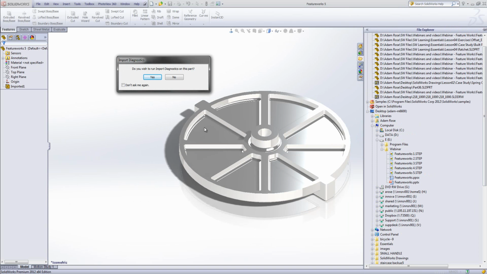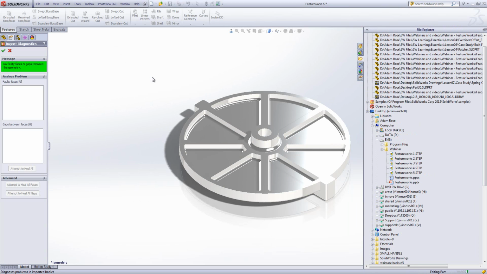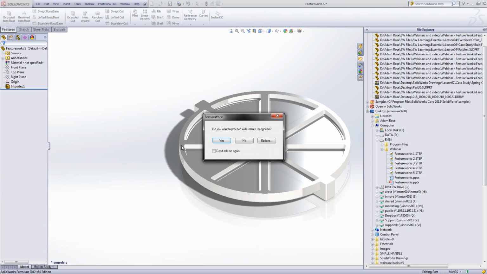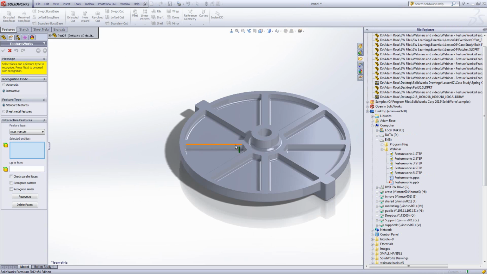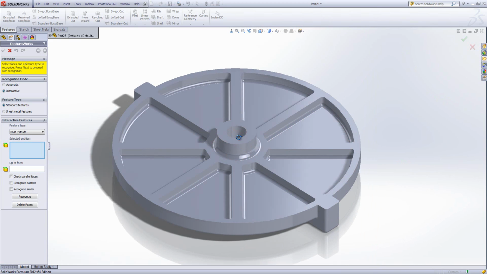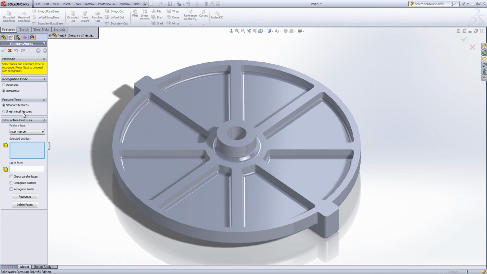The last example I'm going to look through is another example that's just going to show some of the features we can work through on a simple example using the interactive mode. Proceeding with feature recognition on this particular model, I'm going to use the interactive mode for all the selections. The first one of which is that I'm going to pick up the fillet tools and the fillet